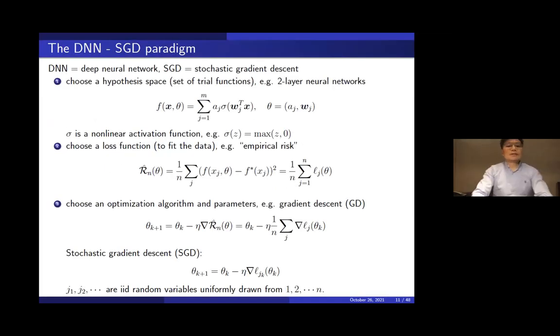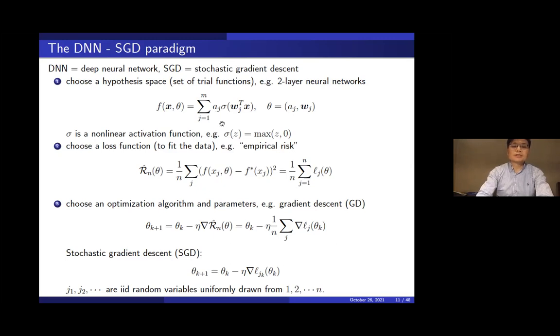So there are three components. The first component is to choose a hypothesis space. Now, a hypothesis space is just a set of functions, a set of trial functions. We're going to use those functions to approximate the target function f star. For example, we're going to choose linear combinations of sigma of W transpose X, where sigma is some nonlinear activation function. For example, this nonlinear activation function. And this is called a two-layer neural network,